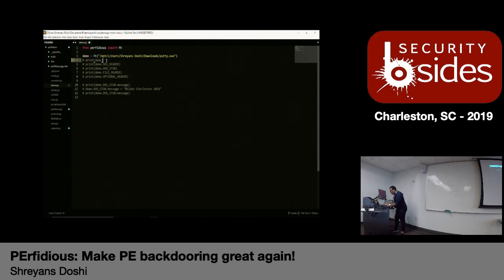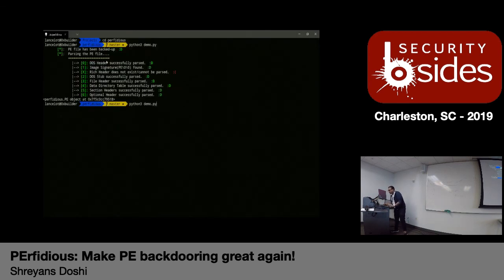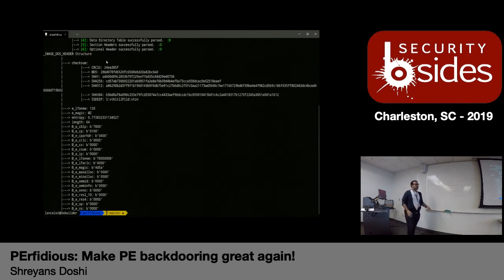Now, if I try to print a particular data structure, this is what it does. It has taken each and every field inside the DOS header structure, and it has highlighted all those fields in this particular format. It even calculates the checksum for these individual data structures that are present inside the PE file. Now, can any one of you tell me why that could be a useful thing to do?